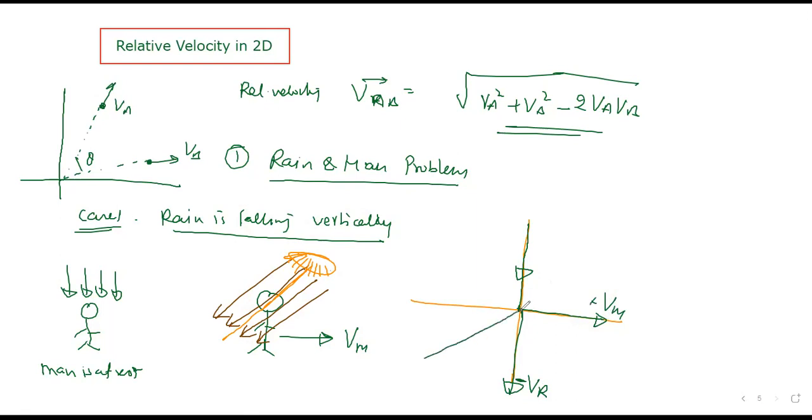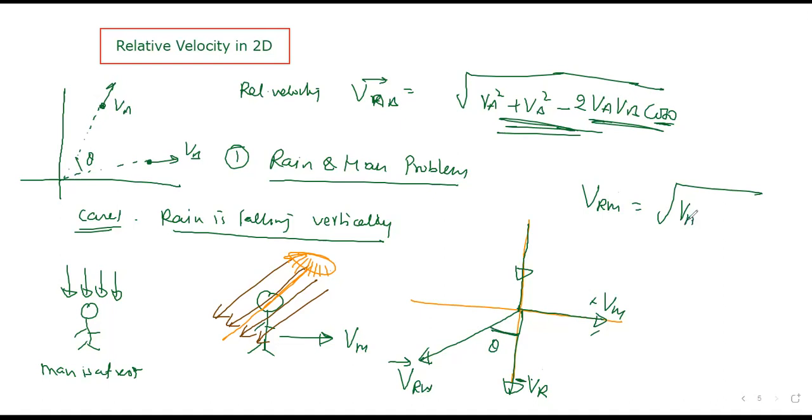So the relative answer will come here somewhere. That's called V RM, velocity of rain with respect to man. So how much will this come? We are adding this by vector rules. Velocity of the rain with respect to man: using the vector rule, root of a square plus b square plus 2ab cos theta. I forgot cos theta here, please focus on this formula. Root of a square plus b square plus 2ab cos theta. You must write cos theta here. We add these two vectors and get the resultant here. This is the resultant angle also, let's say theta.